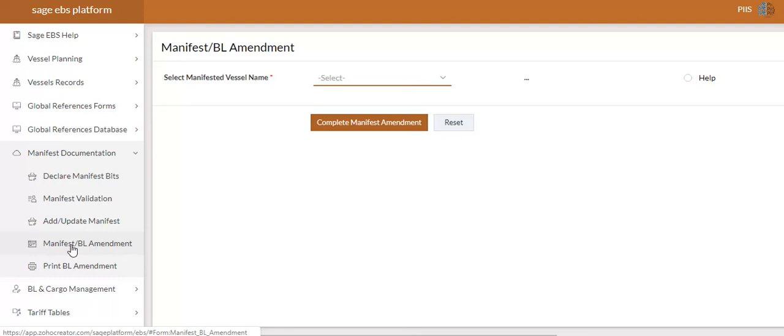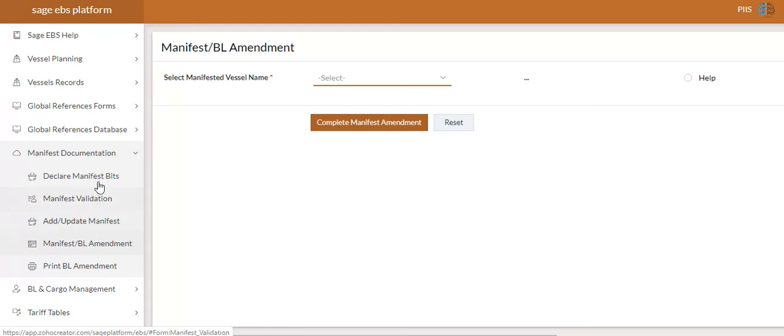When we are doing the manifest and BL amendment, it actually signifies that a single BL taken from the various BL that is being contained in a manifest is what we are dealing with. So that's just the major difference between add and update manifest and manifest BL amendment.